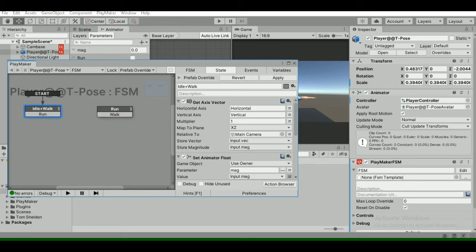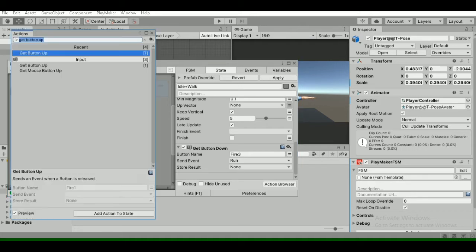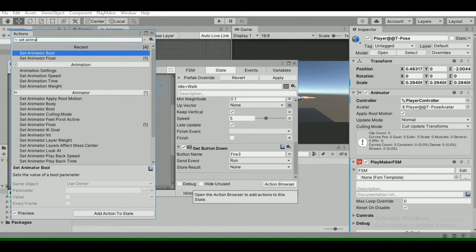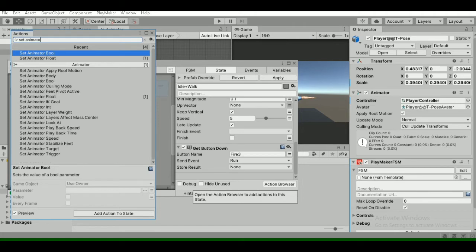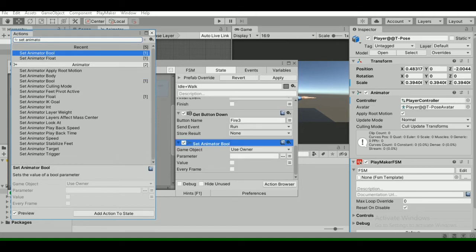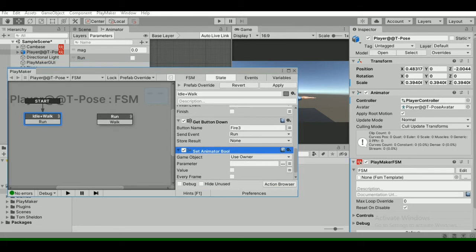Okay, so we just have to add more actions. For controlling this parameter run, we need a new action called set animator bool. Just write exactly the same value as here, run, otherwise it will not work.